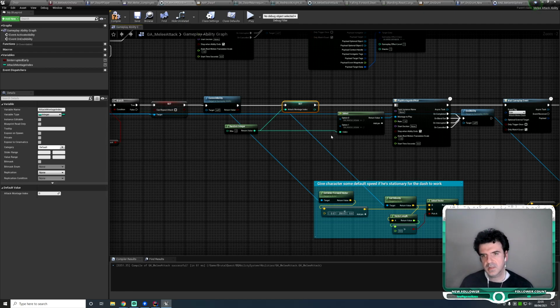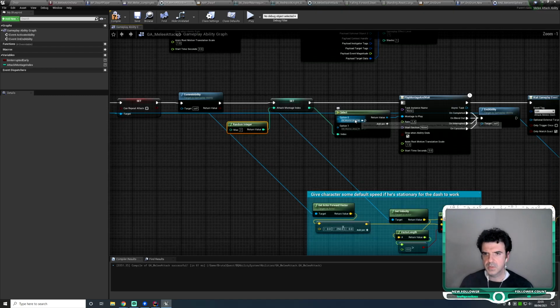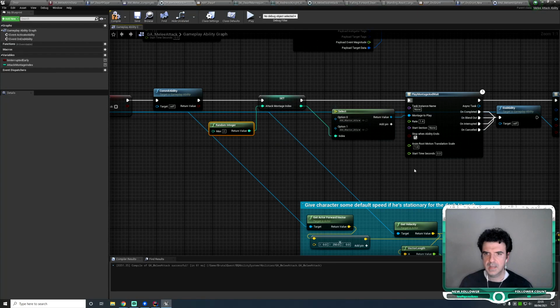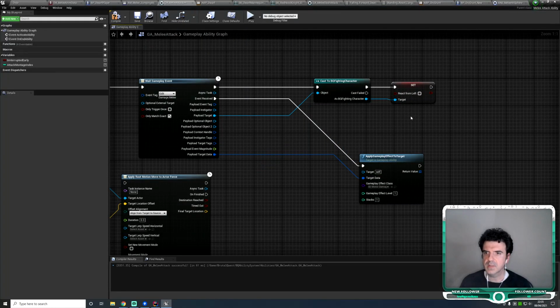So we set the index, so we save it. We use it to determine what animation to play, and then we call it back up over here to send it to the victim of our attack, right? So, okay. Now,